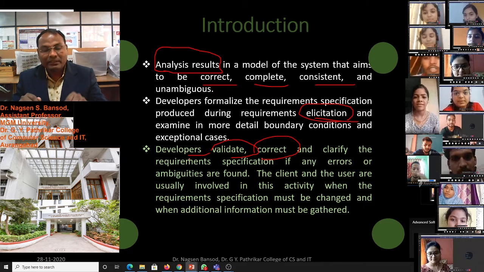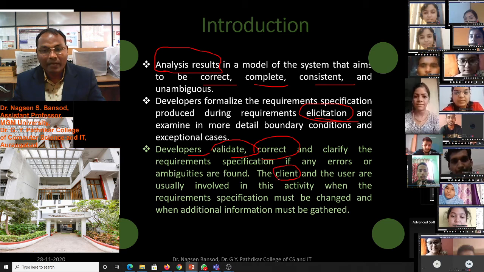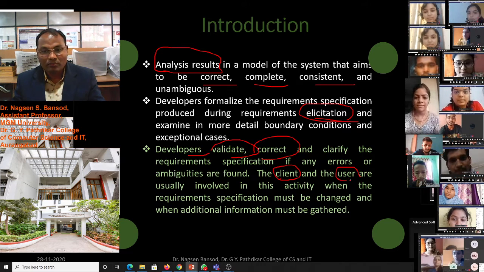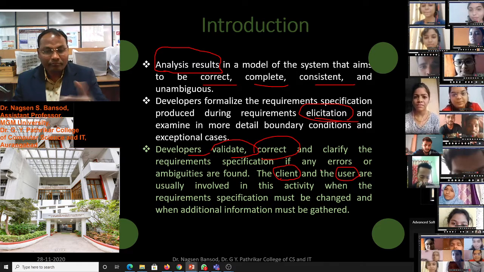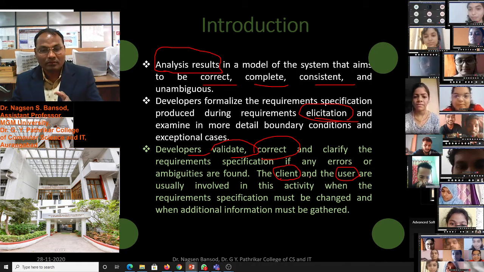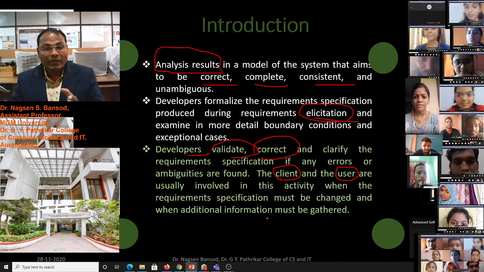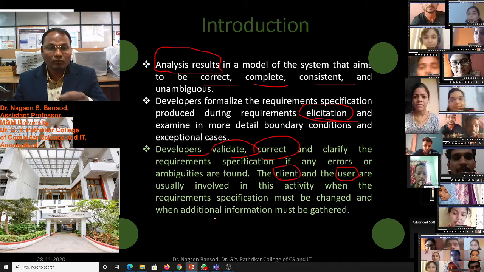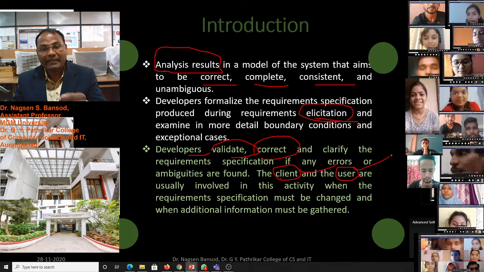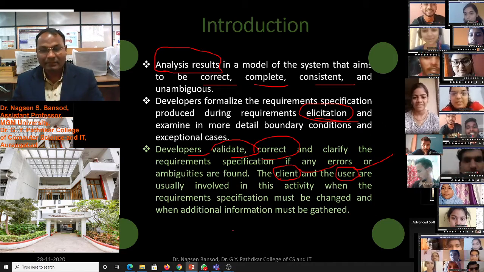In that condition we have to take the help of the client and users for making the information error free, and accordingly gather additional information from the user and the client. This is important in the analysis step.